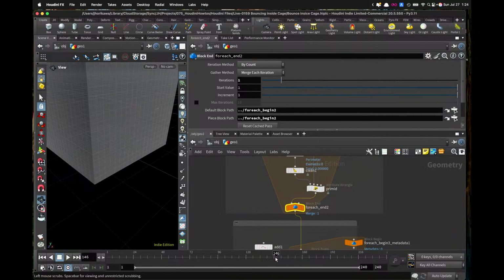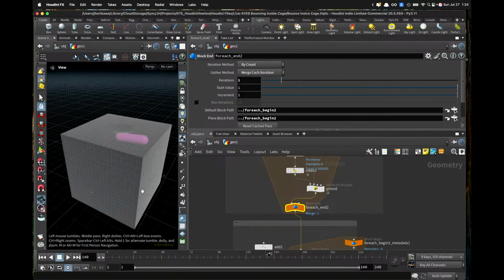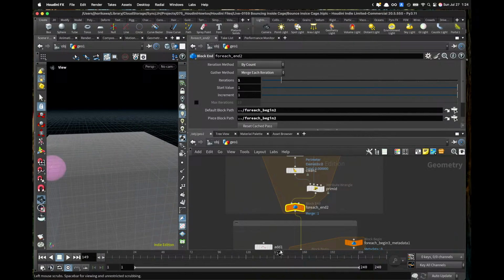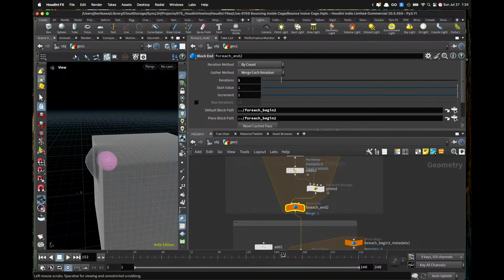So this is fine. So this is where it's something wrong with this part. Going from this point to